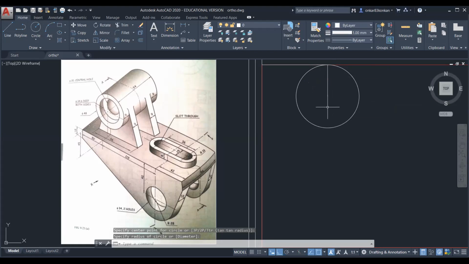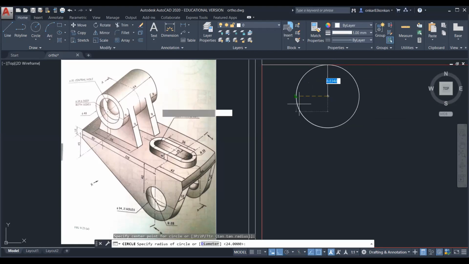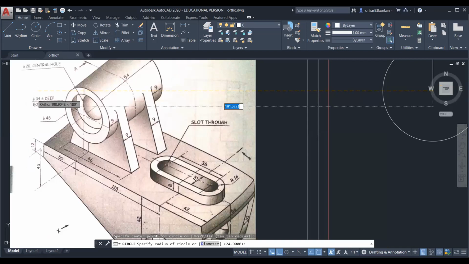So this is the outer circle. And the second circle, which is visible in the front view, its diameter is 34, so that means the radius is 17.